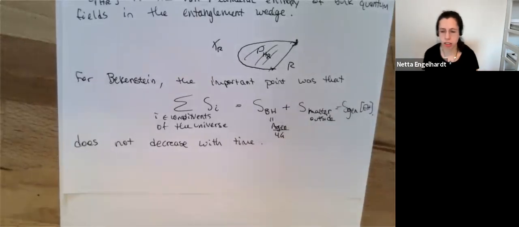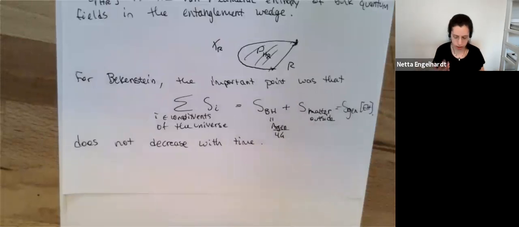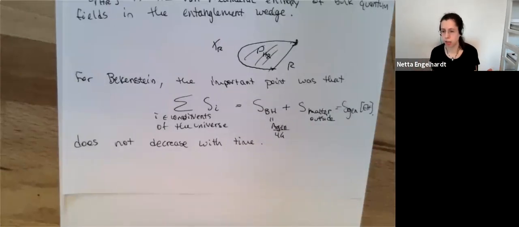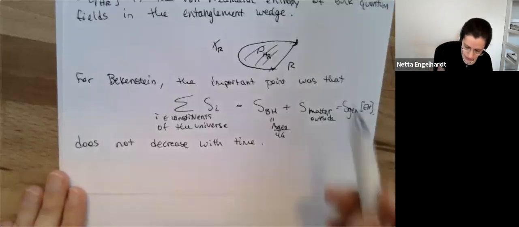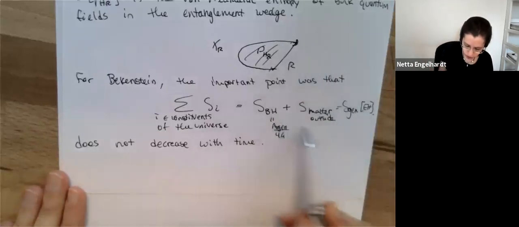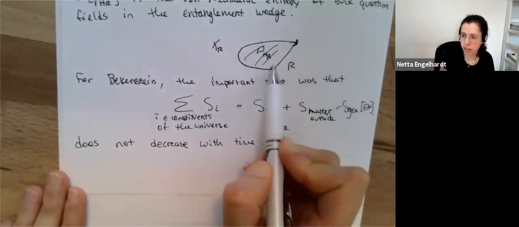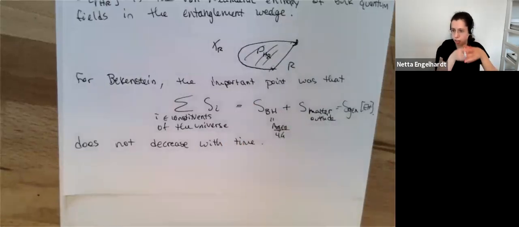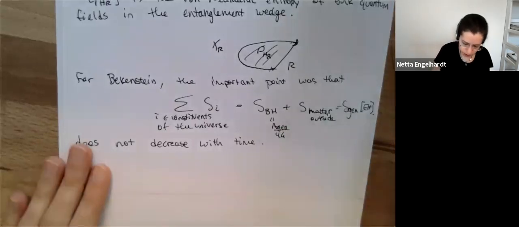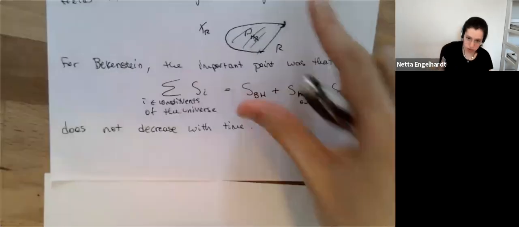So this was the context in which the generalized entropy was first defined, and also the context in which Bekenstein said, okay, this must be a law of nature: that the generalized entropy in the universe does not decrease as a function of time, the generalized entropy of event horizons. When I say of an event horizon, I mean that in Bekenstein's formulation, the surface XR is a cross-section of an event horizon. So what we're talking about is,